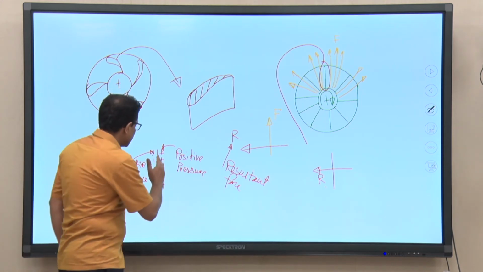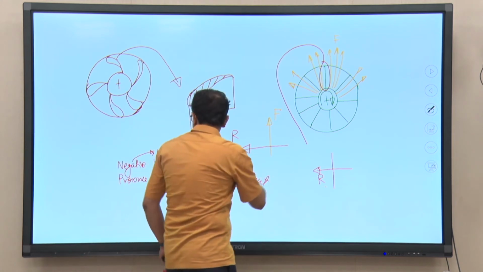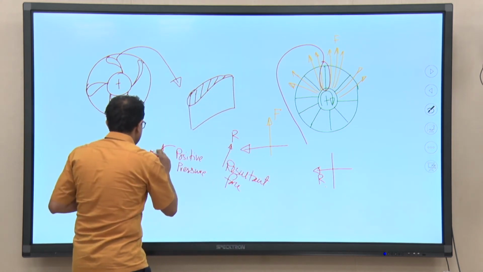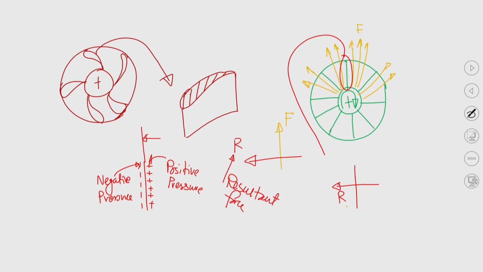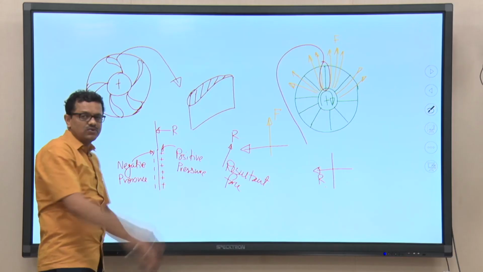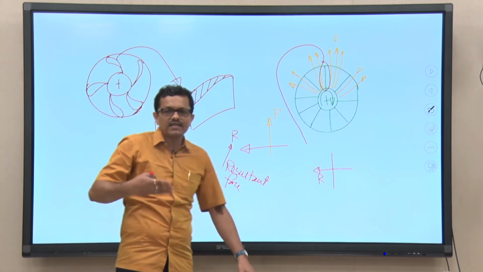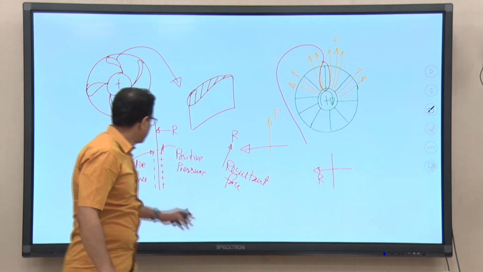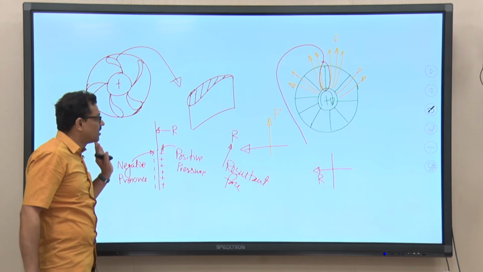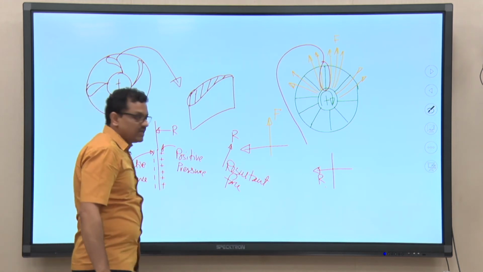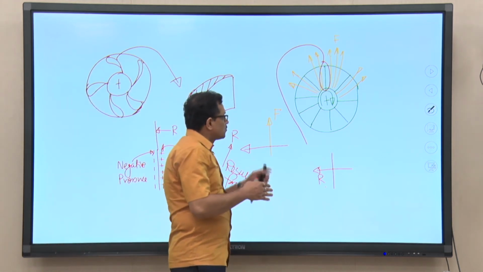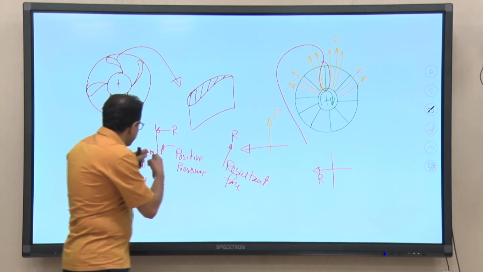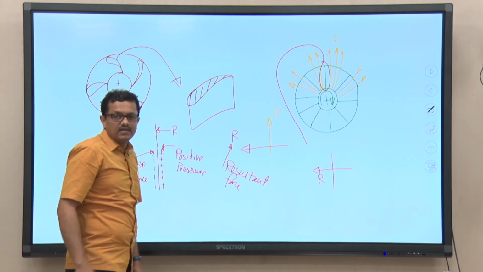So, again I am telling, the resultant force is acting directly on this surface. Because of this force, the pressure on that side will definitely be higher and the other side will be lower, and to signify their effect on the blade surfaces I have used the words positive and negative, fine. Anyway, you can understand the pressure difference is there across the blade, right.